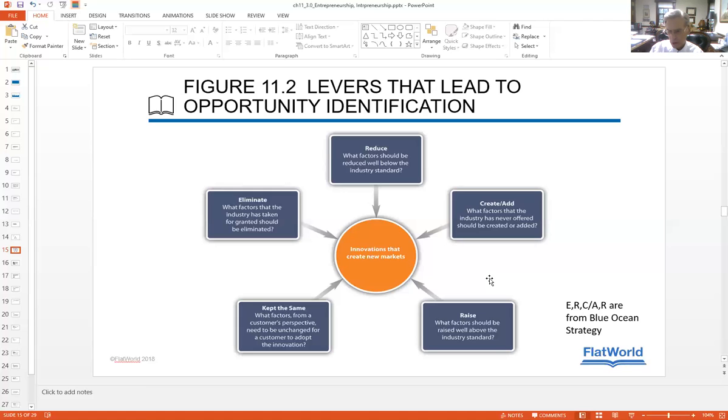So if you're interested in entrepreneurship, you ought to get hold of Kim and Mauborgne's textbook. It's cited where you find this diagram, and you can read about the blue ocean so-called strategy, but it's really all about moving outside the limits, getting outside the box. Now, what these authors have added is this last box, kept the same. And the customers